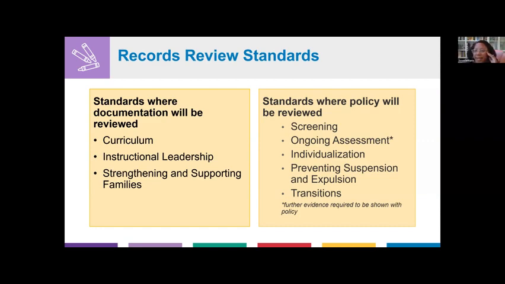Okay, there's a couple things. Hi, Julie, I have a question. Sorry, I was booted off, but I was going to ask, how long does a lead teacher have to be employed in order for their information to be looked at during the records review? If they are the lead teacher when the program submits their records review, we will look at their information, but we will ask for their hire date, and then their start date in that classroom as lead teacher.